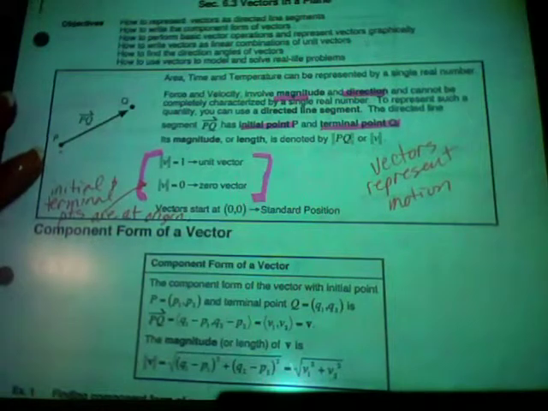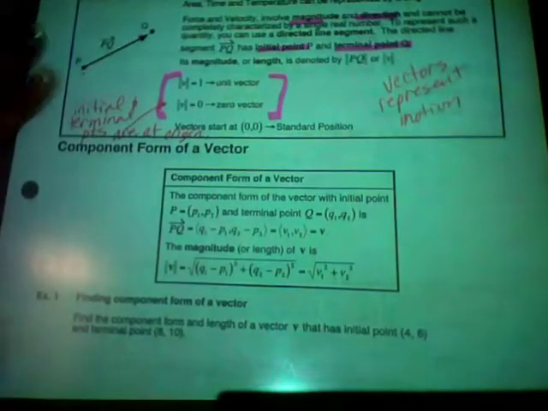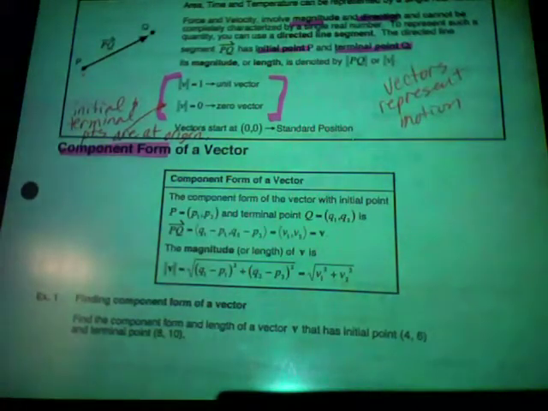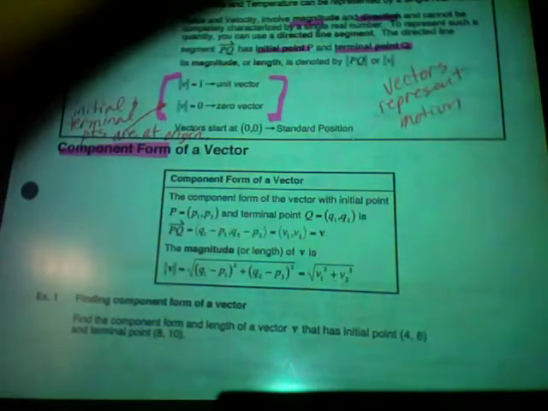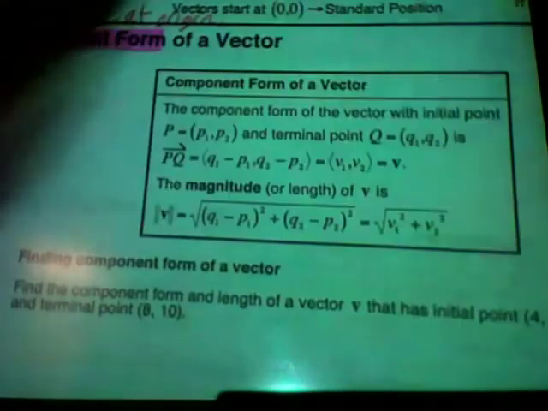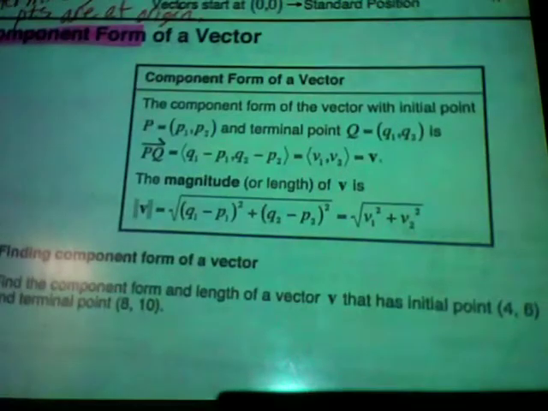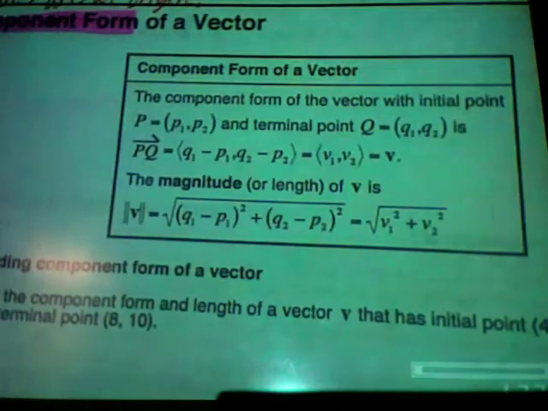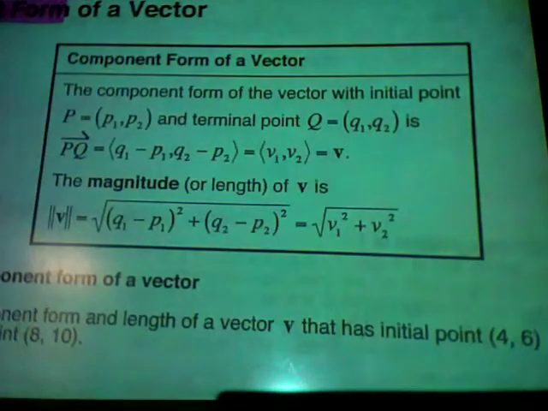It's extremely important that you learn what's called the component form of a vector. Because you're going to have to take any vector, and if it's not in component form, you're going to have to convert it to component form. And so here's kind of an explanation here. That does look fuzzy, right? Let me see. Oh, there we go. All right, so